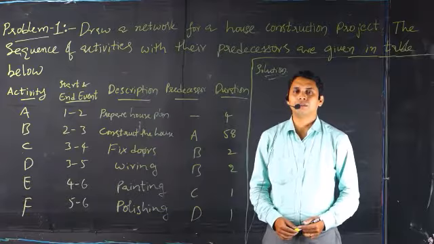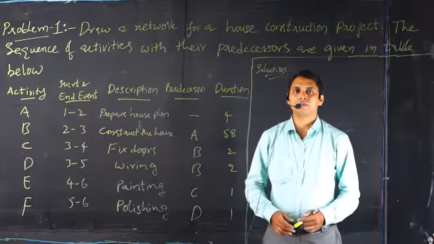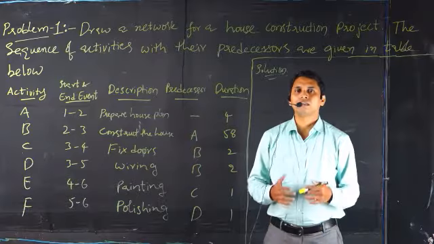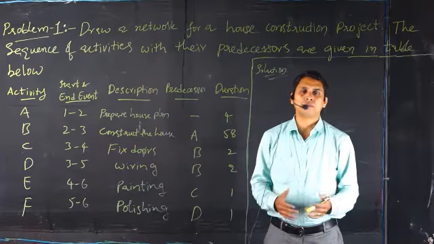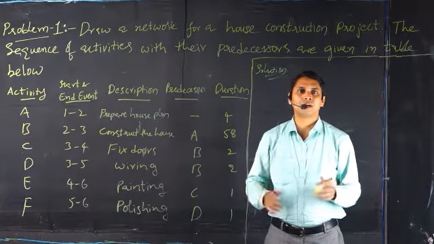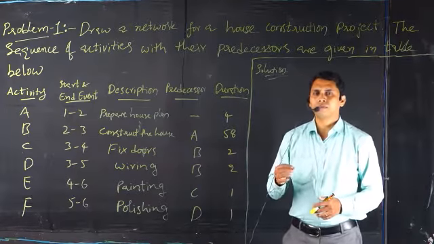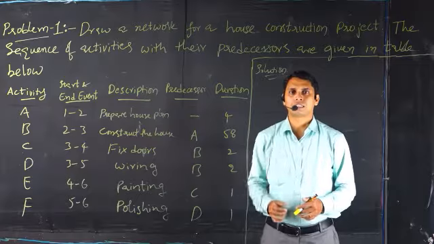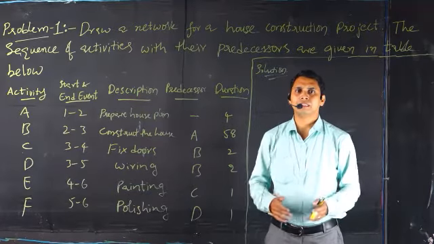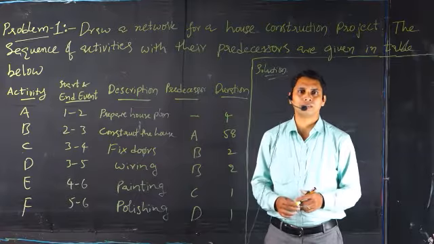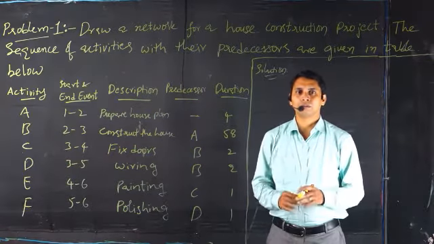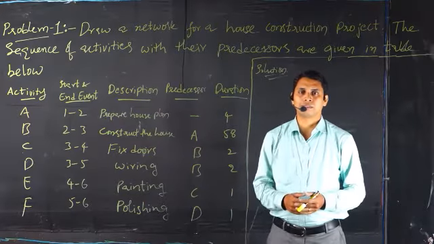In this lecture video, we are going to discuss the problems of PERT and CPM. Now, let me start the topic with a very small problem, the construction of a house. If you consider house construction as a project, there are different activities and events that are involved in this particular project. We can construct a network diagram for the house construction project.